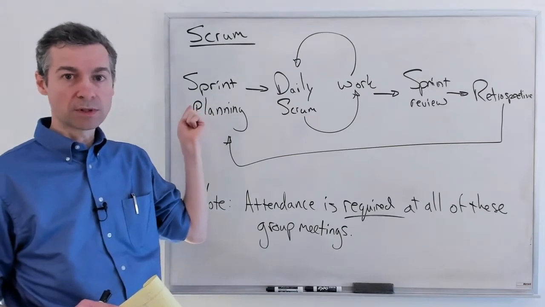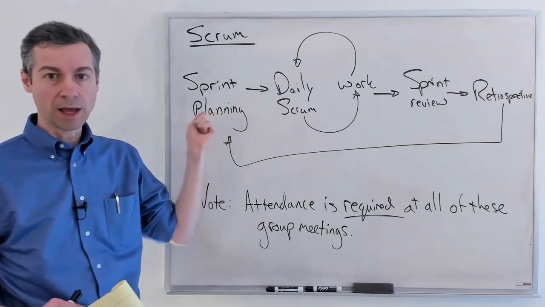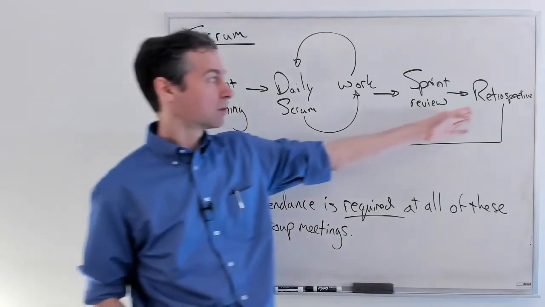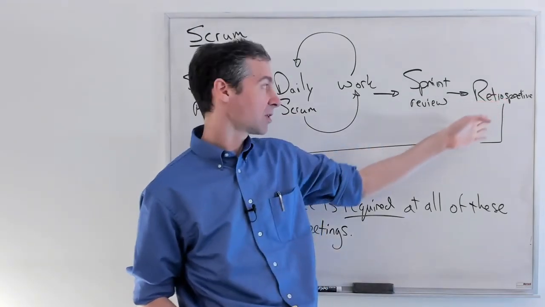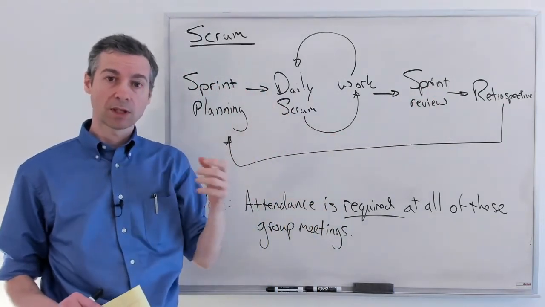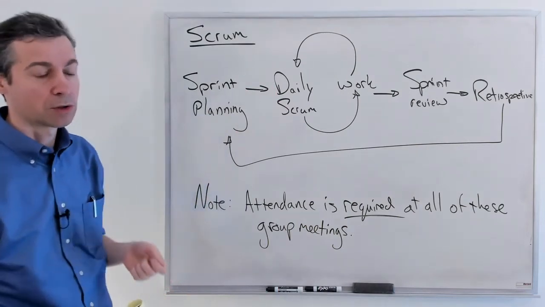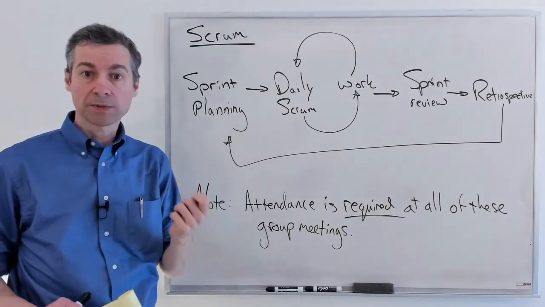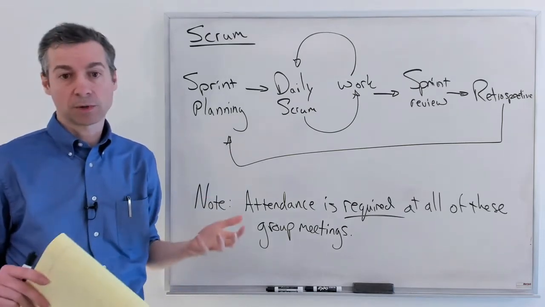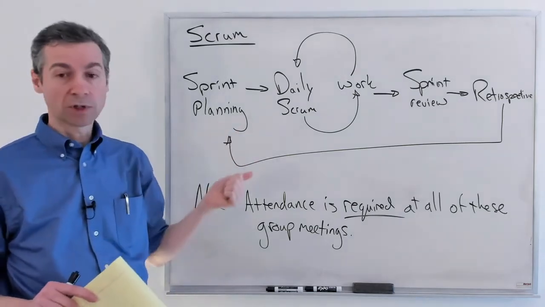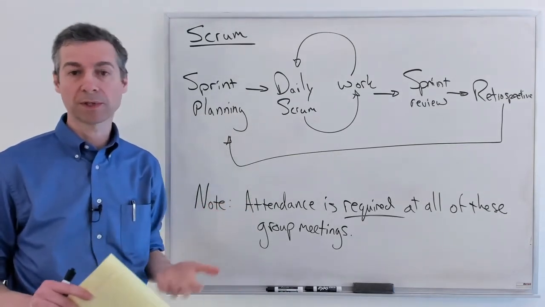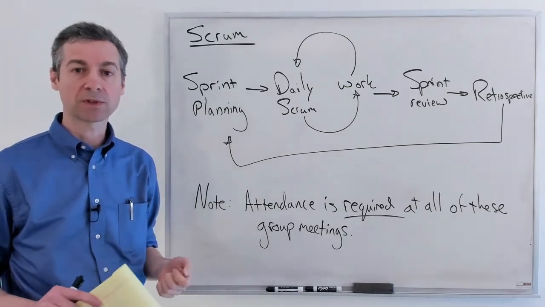So if you're not going to be at something that's scheduled, and that includes even your retrospective in which the team schedules themselves, the sprint review with the client, and the daily Scrum meetings, if you are not to be there, you need to get an excused absence from me, your instructor, okay? It's required, all right? You should also then notify your team that you're not going to be there because that's polite and proper so that they can deal with it.